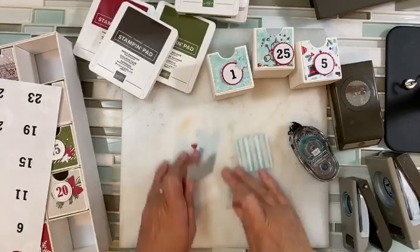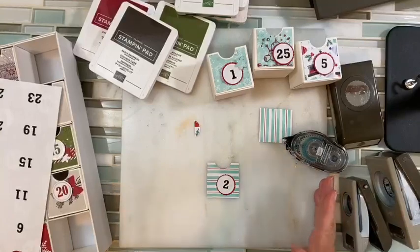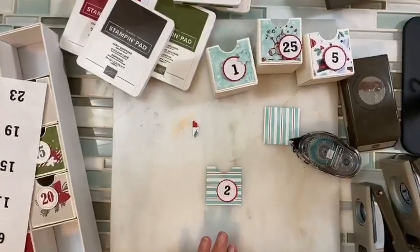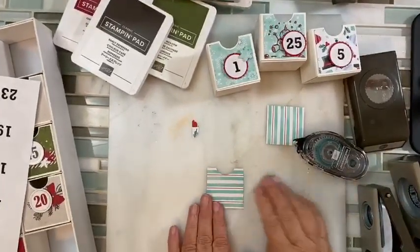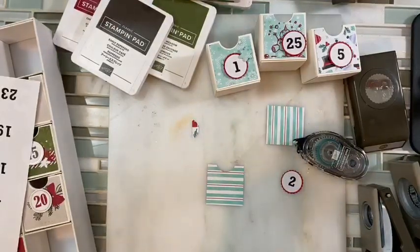So there's my piece, and I could be done. I could say, yep, that's good. I don't have to do anything else. Or I could say, well, you know what? I want something on here. So I use the snowman